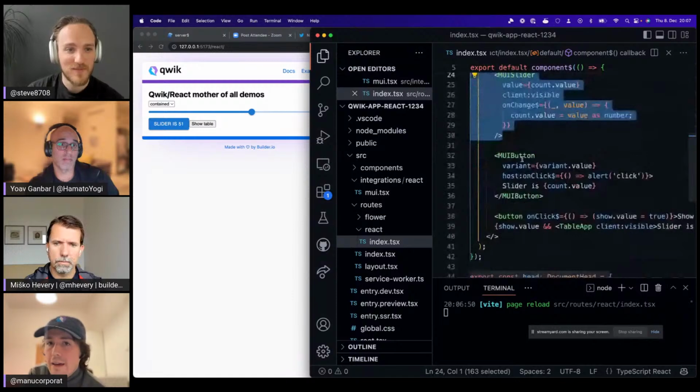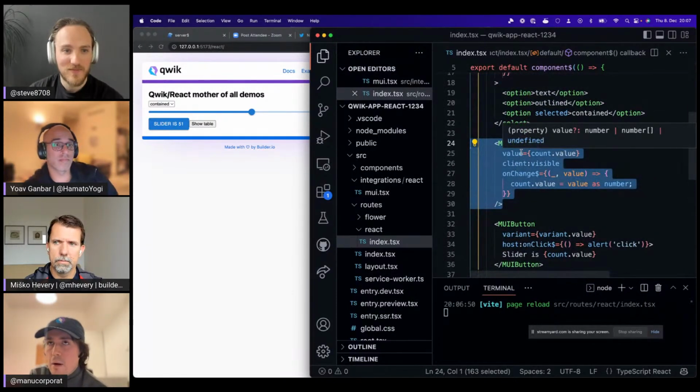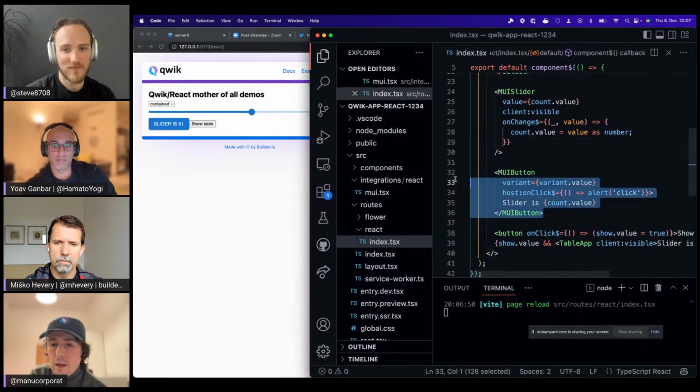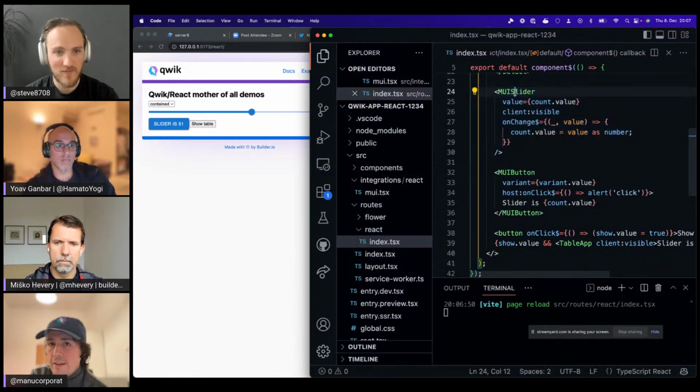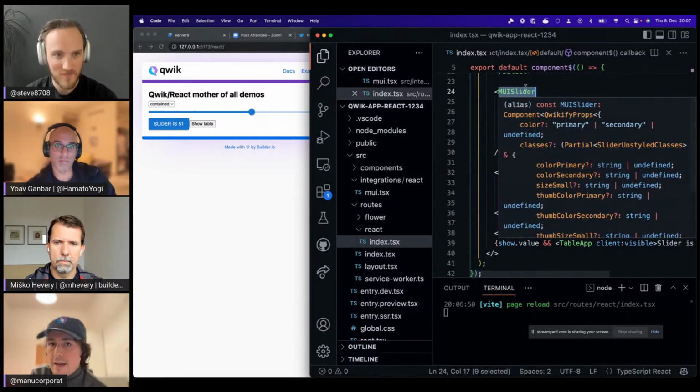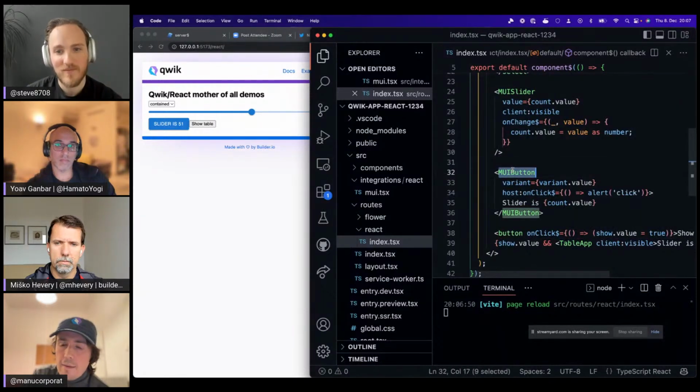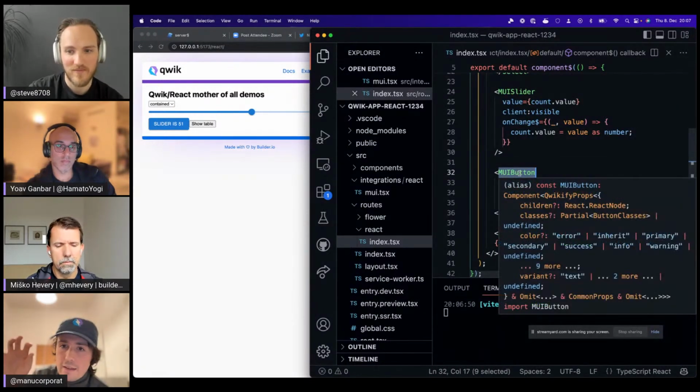Yeah. No, and I think the same signals that power the whole rendering in Qwik are solving the intercommunication of islands, right? We cannot forget that this Material UI slider is a leaf node, but it's its own island, and this MUI button is its own island.